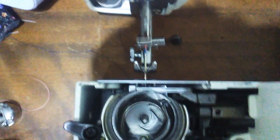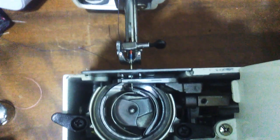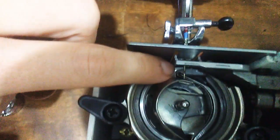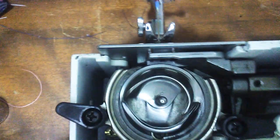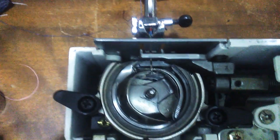So whenever you're sewing, it's supposed to hit where the point of that needle or the hook there is just above the eye of the needle, so it'll pick up the thread to make the stitch. I've already fixed it on this one, but before I fixed it, it was coming in to